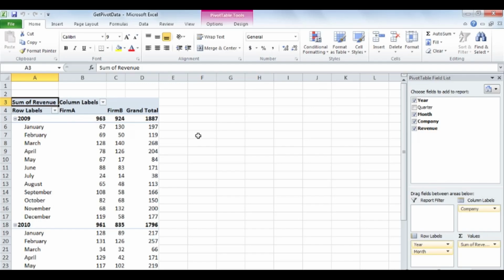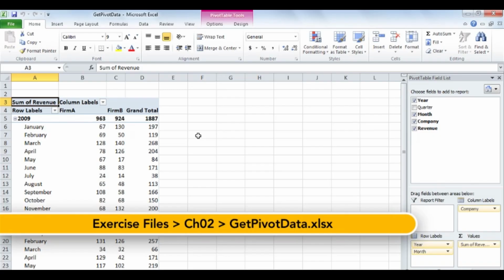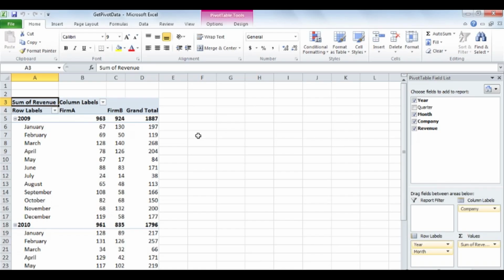When you create a formula, it's usually a good idea to draw the formula's values from the original data source. That way, if the source changes, your formula's result will update the next time Excel recalculates your workbook. But what do you do if your pivot table contains data drawn from an outside source and you can't get at the original tables? In that case, you can refer to a cell within the pivot table using a get